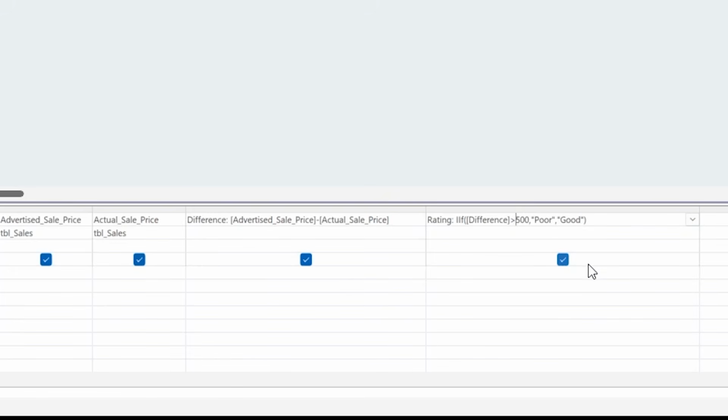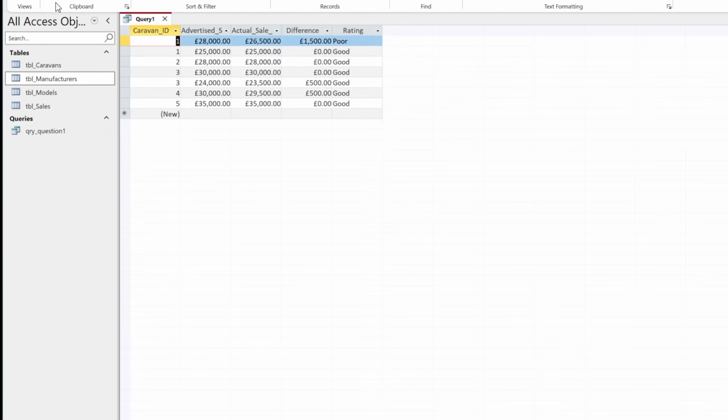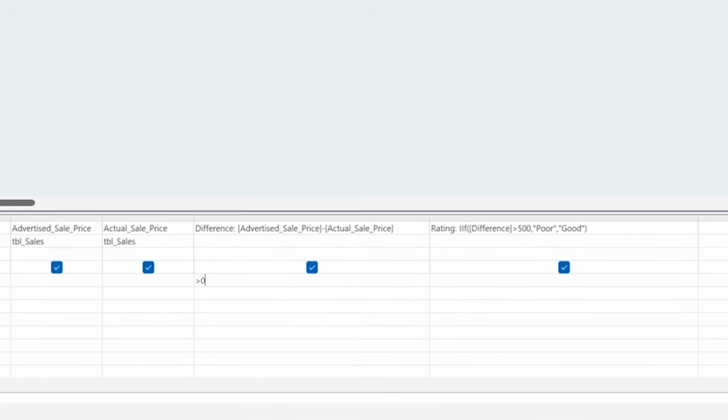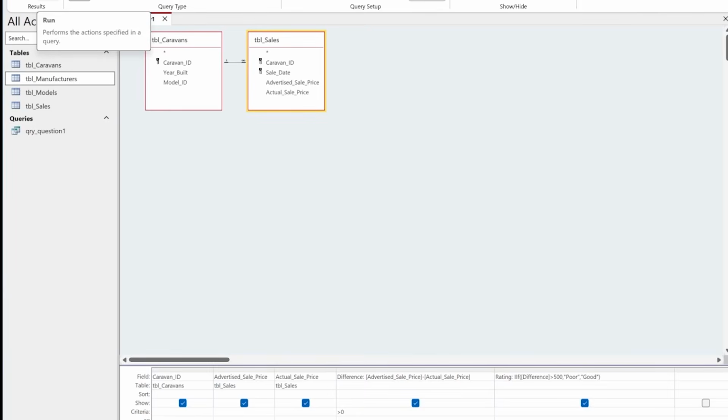So I'm pretty happy with how that's outputting at the moment, but we only want to show the ones where there is a value where it's greater than 0 here. So I'm going to go back into the design view, and I'm going to go down to criteria, and I'm going to put in a greater than symbol 0. So what that should do is get rid of the ones where they sold for the same price, because it does say show all of the caravans where the price is more than £500, given the rating of good, or other than that, do less than. So I'm just going to click on run here,